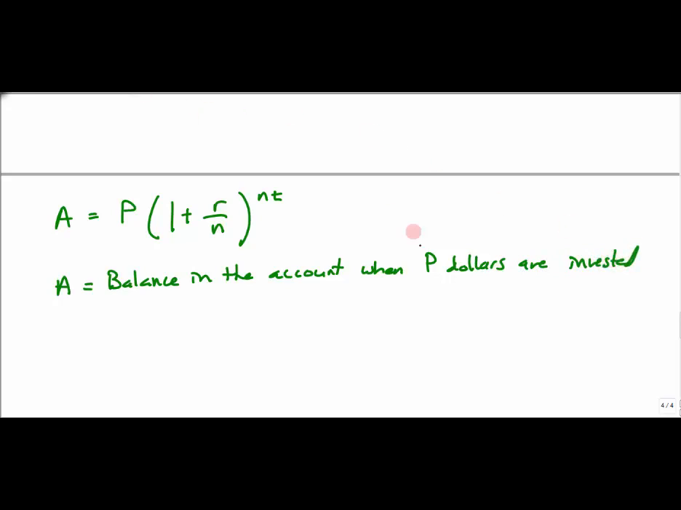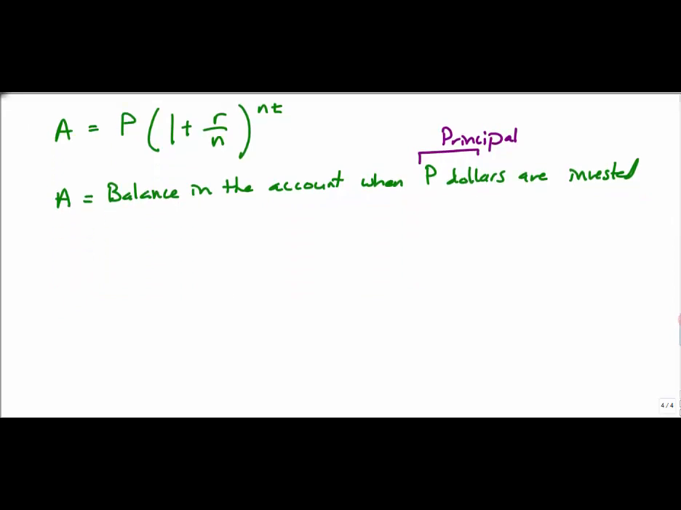So when we say P dollars are invested, this means principal. That means the initial amount invested. So A is the balance in the account when P dollars are invested. So again, P stands for principal here, at an annual interest rate